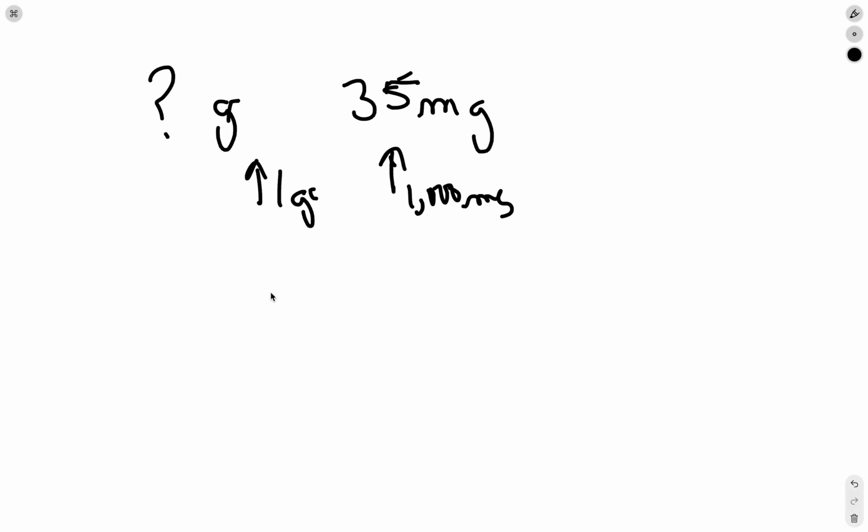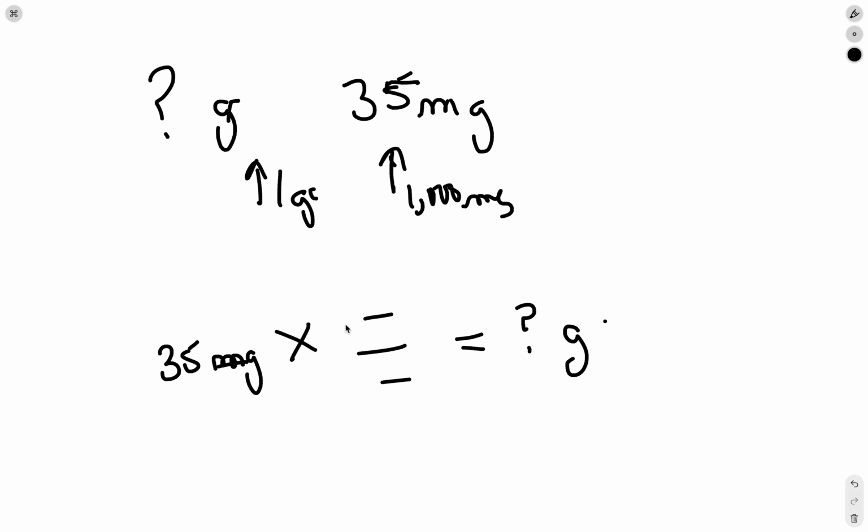So we can just set up our equation here, and we're going to have a number here, and numbers here and here, and a question mark number here. And we want to know how many grams. And we're going to start with 35 milligrams, and we're going to multiply it through this ratio. And we want to get rid of milligrams, so we put them in the denominator, and we want to get grams, we put those in the numerator. Now we just have to establish a relationship between these two. Well, there's 1 gram, I get to pick the big unit, and in 1 gram there are 1,000, or 10 to the